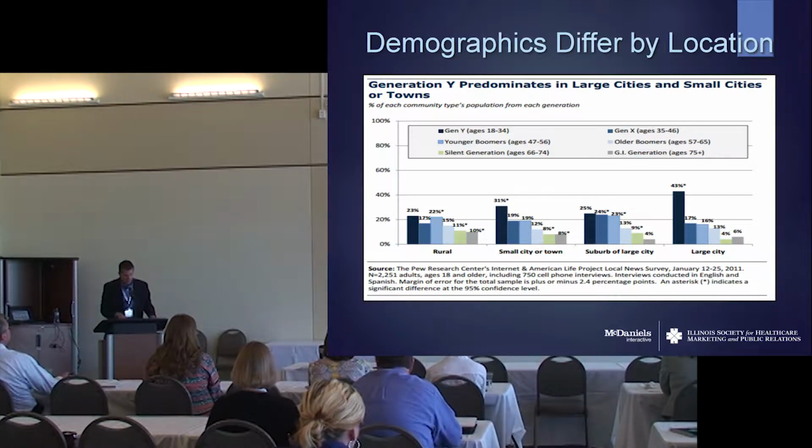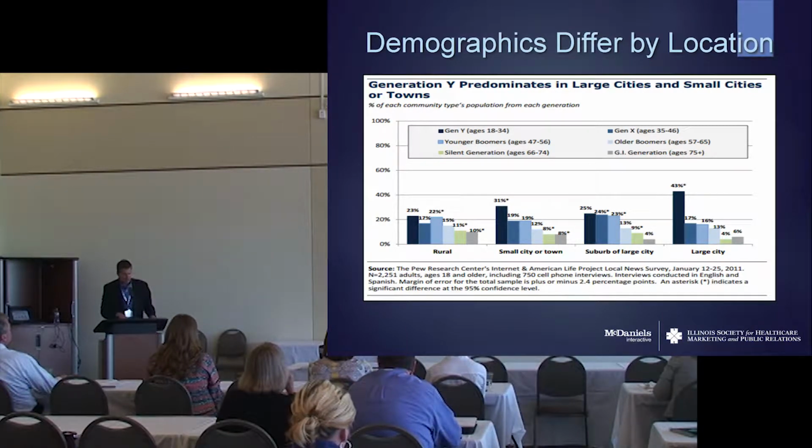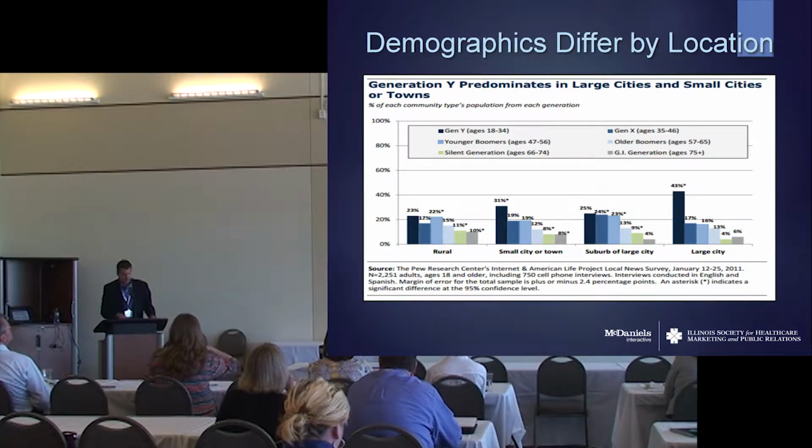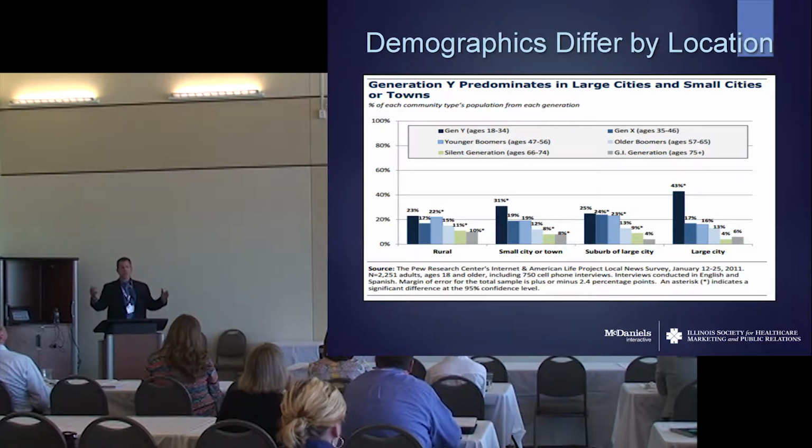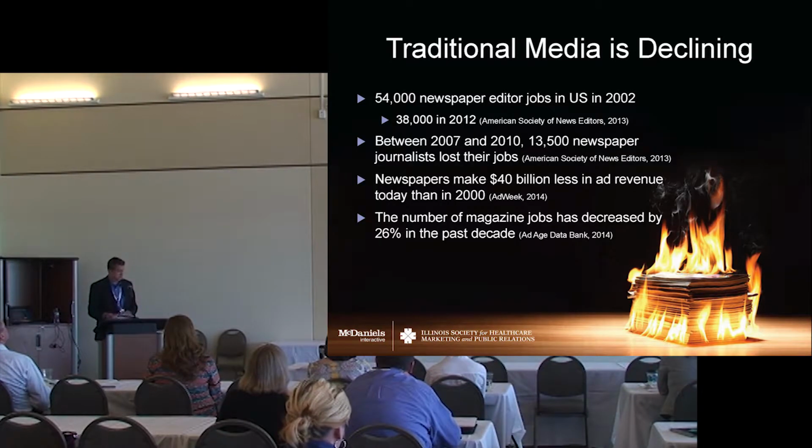In large cities, you have 43% of the population right now at Gen Y. Then if you look over at rural, see how mixed up and how flat it is? You've got only 23% of the population in rural as Gen Y, and then small towns or cities, it's a little higher at 31%. Suburbs, very mixed. But everybody's heard about the urbanization of America. Well, it's massive, and we've got to see if we can figure this out. And this talk will give you some of the tools to be able to reach those targeted demographics of those younger folks in your service areas.